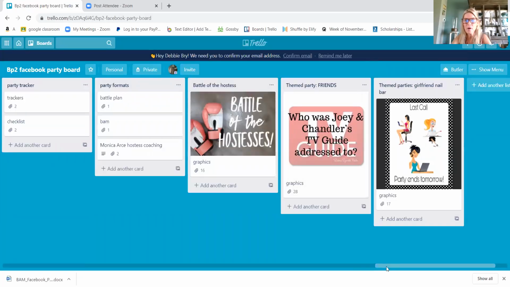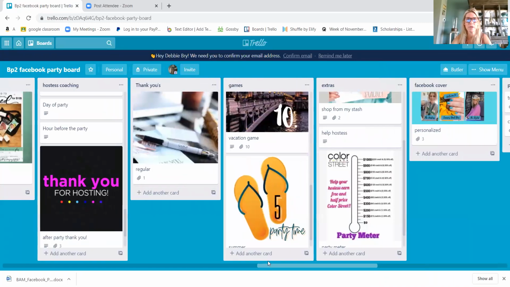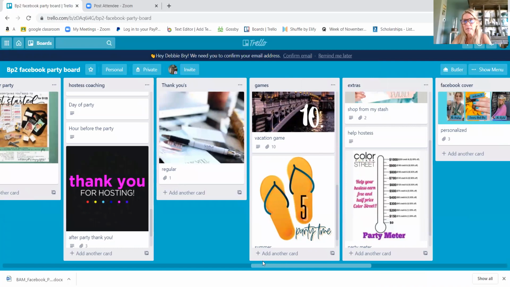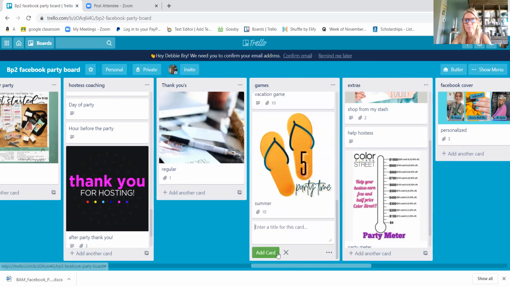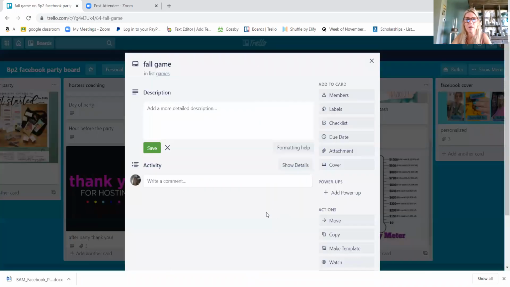All right, so let's talk about how you can add to this. Let's say you come over here and you think, well, I have another game I could play. So I'm gonna click down at the bottom, I find the theme games, I click another card, I go in and I put a title, and maybe it's gonna say fall game. Enter. Okay, I now have this little file right here. It's like making a file folder within your file cabinet. I'm gonna click fall game, and now I can type up what I wanna type in the game, the description,